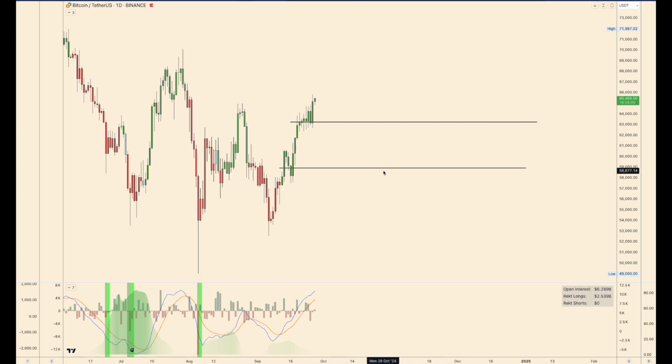Okay, it's a decent level, but it will be a very deep pullback. So I kind of don't expect that. What I would expect, the way I view price, is that we should now continue maybe slightly lower and get an open interest ramp, something like this, and then once we open next week, you get that flush